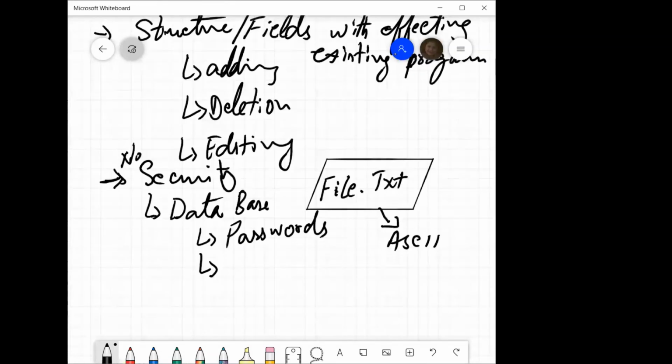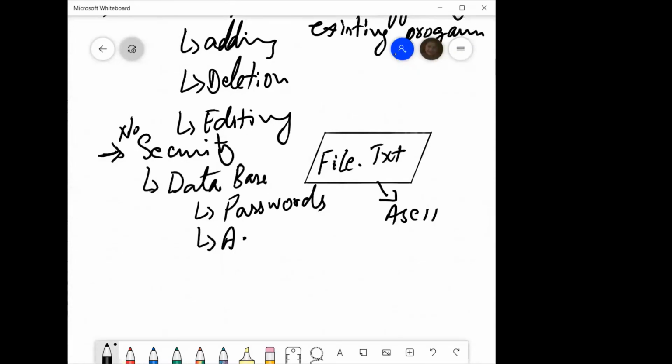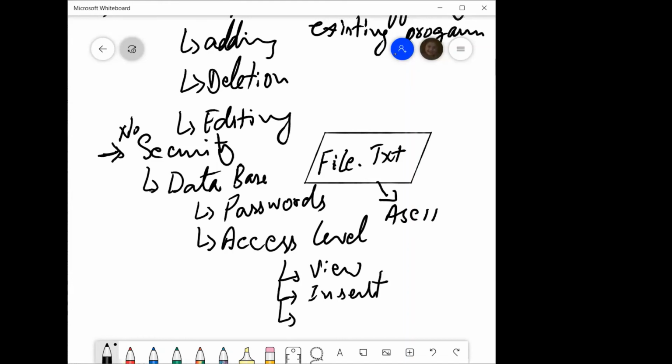It also provides us access levels, so that the users of the database are only able to have some options, or one may have more options, all options. Like one can only view, the other can only insert, and they can see only a partial view,